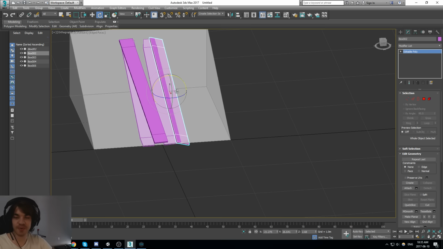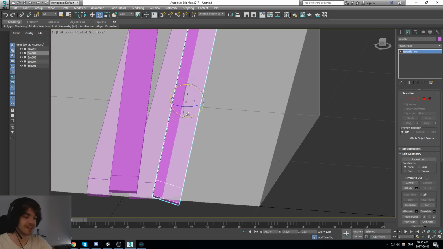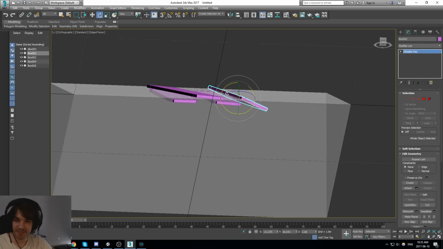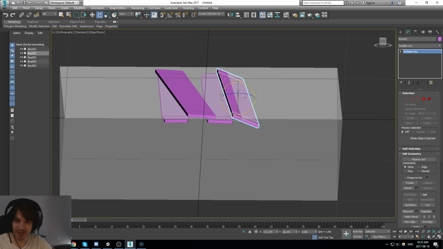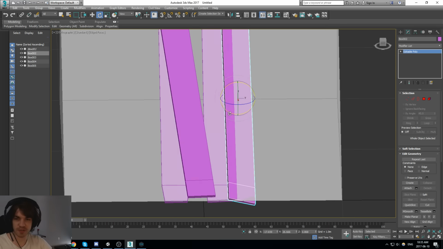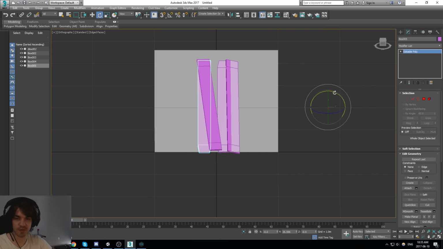It's not gonna be really easy to see in the game, but still, let's do it. Something I should have done before that is do my UV. I just realized that my UV are gonna be a pain to do.